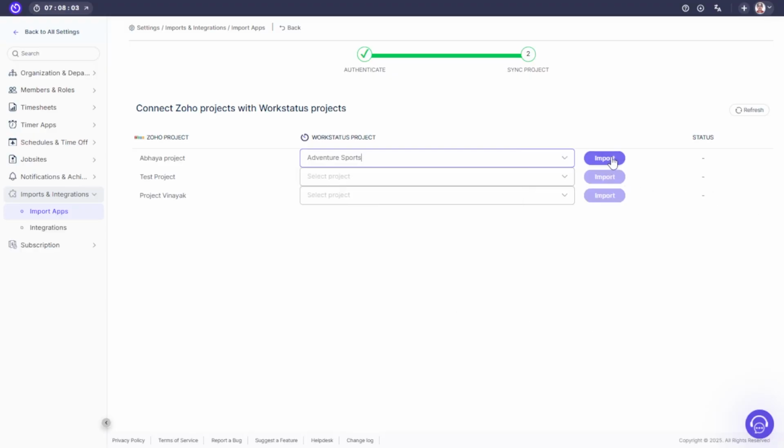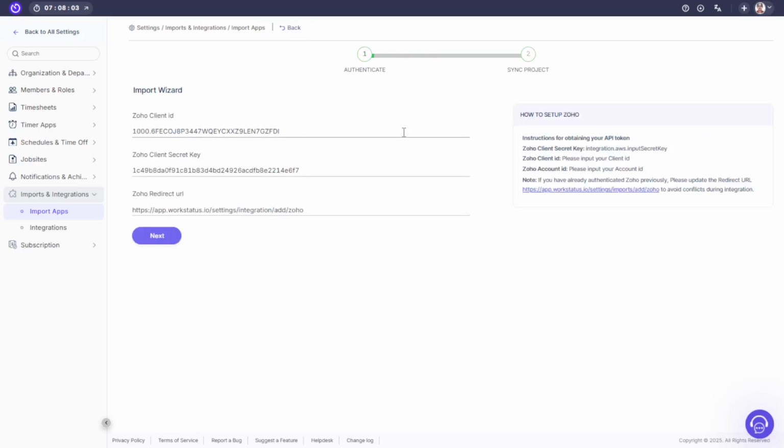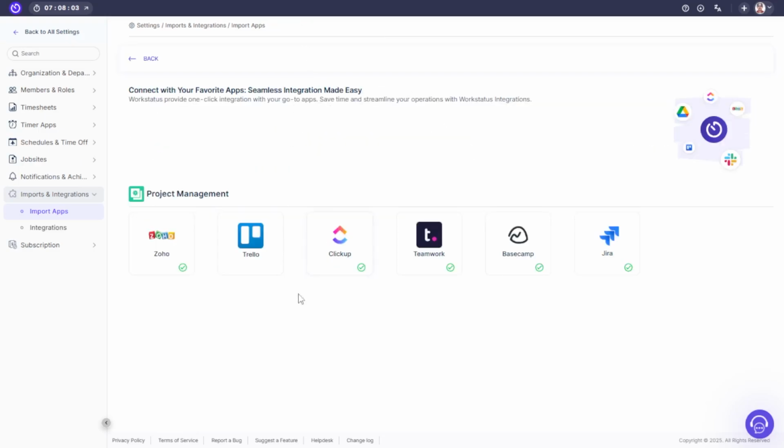Click on import. Once you do this, all the tasks, the projects and the comments in the respective tasks will be imported and linked with this specific project of Workstatus from Zoho. So this is how the integration is done. You go back and you will be seeing